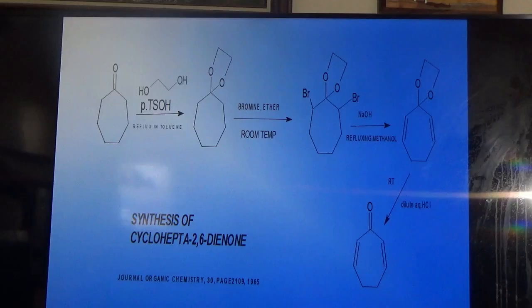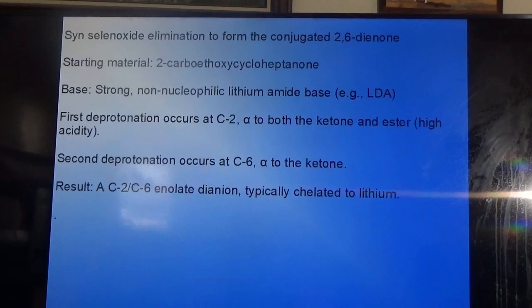In this reaction, the last step also goes in very good yield, 90 to 95%. So overall, this is a very good way to make cycloheptadienone from cycloheptanone. We came across this idea based on my previous work with methylamycin, that selenium can